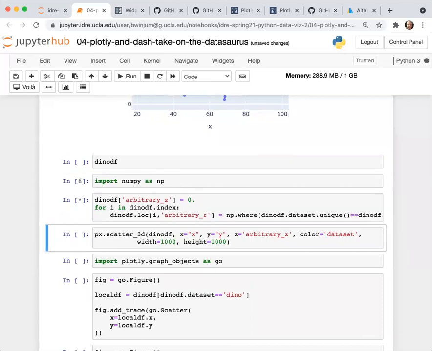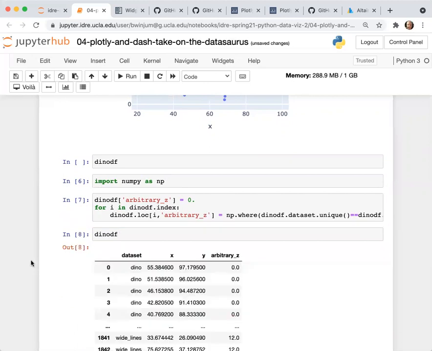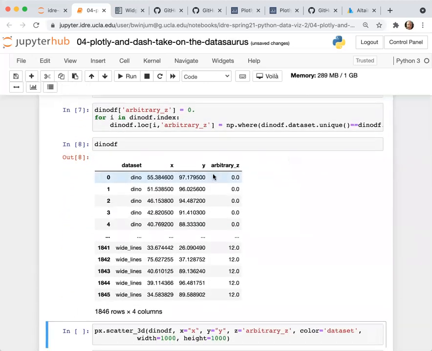So these next cells I'm just going to execute, but this is just going to assign an arbitrary numerical value to each of the data sets. This is going to be my arbitrary Z, which is a constant value for a given data set, but it varies between data sets.